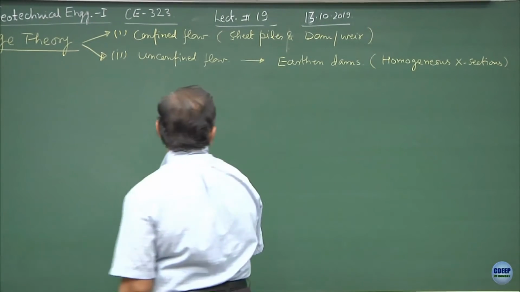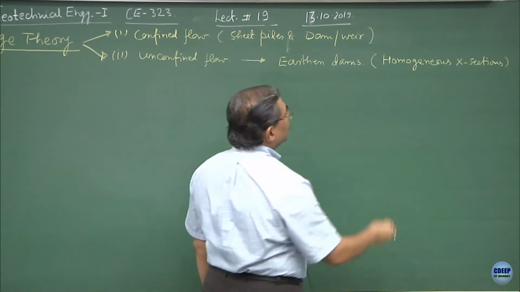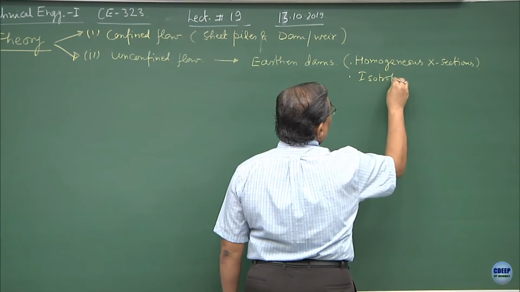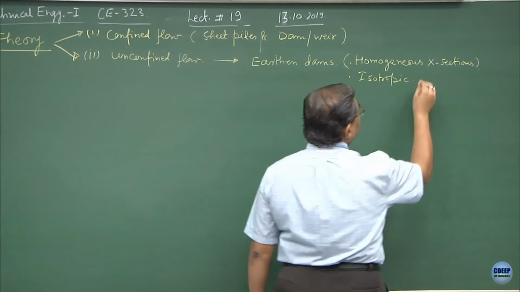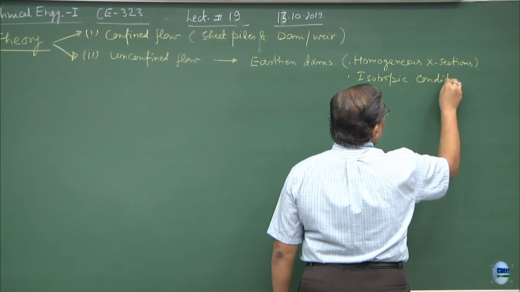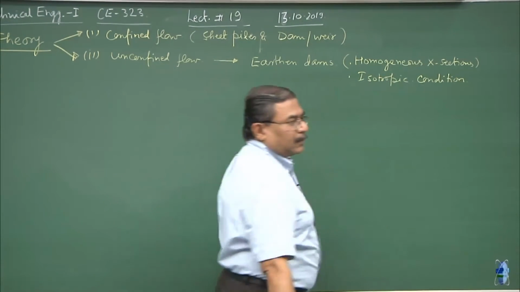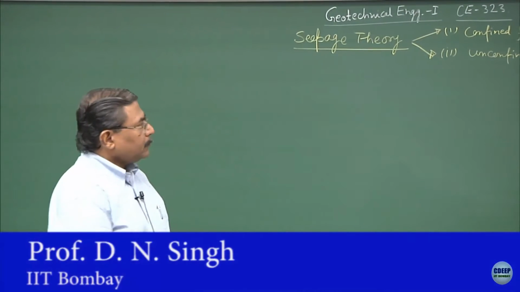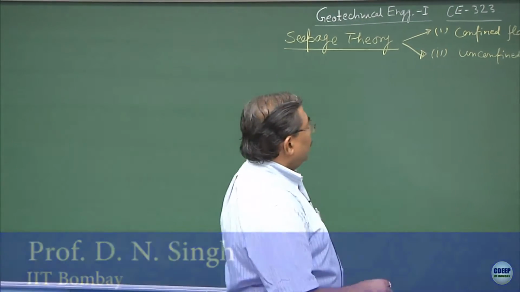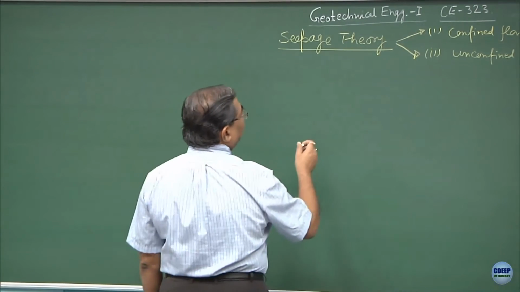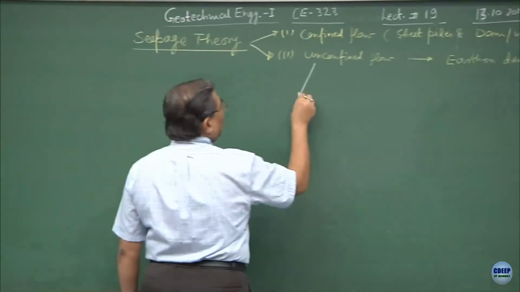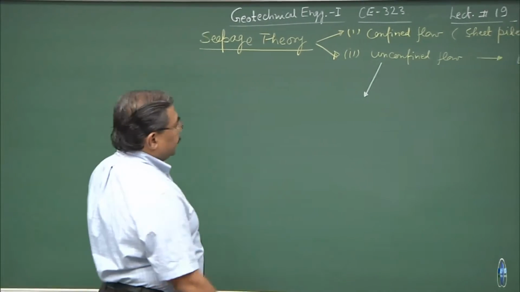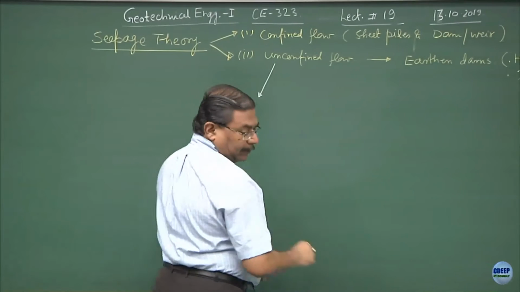And of course, to simplify things, I am assuming this to be isotropic. That means Kx is equal to Kz is equal to Ky. By definition, the unconfined flow is occurring in a situation like this, that if I consider